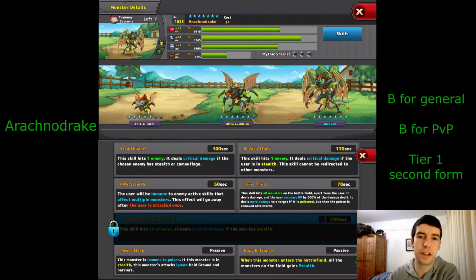First up we have Arachno Drake. Now this I've put in the middle tiers. This is actually one of the few Mythics in the game that goes up to 17 cost with the secret skill. So I don't know, maybe I'm underrating this, and it's certainly a decent sweeper with piercing stuff going on. It's got poison immunity and it stealths itself quickly, but ultimately I'm not super impressed because all it does is